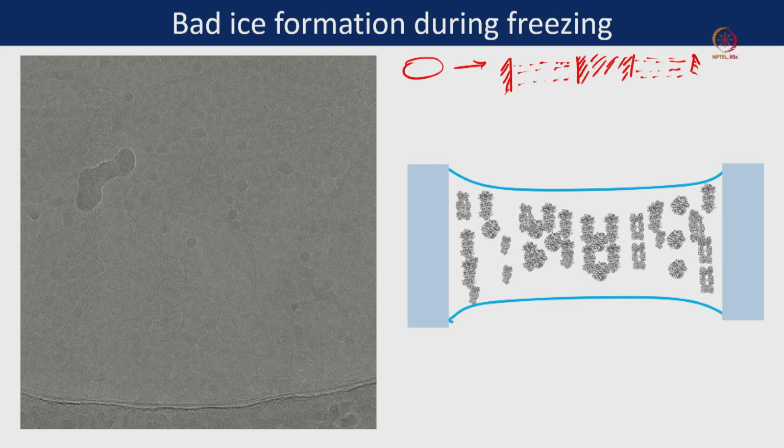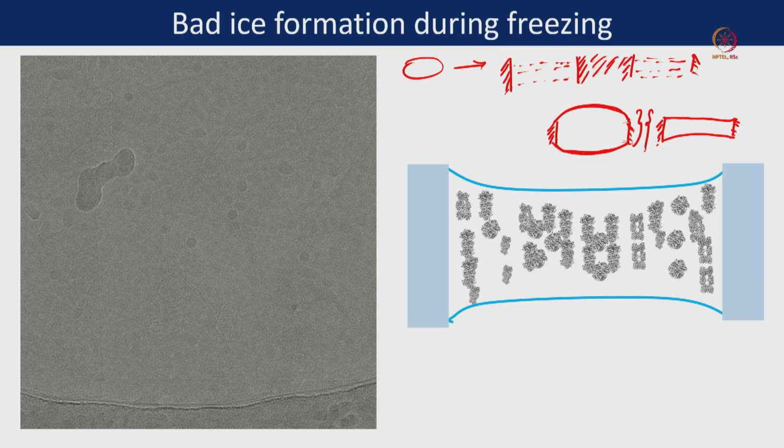Previously I discussed that there are a couple of possibilities of ice formation. One possibility is that it is not blotted properly. This is the carbon area. This is the carbon area. When water is not blotted properly, you can see there is a bulge, or there is another possibility, almost something like that.